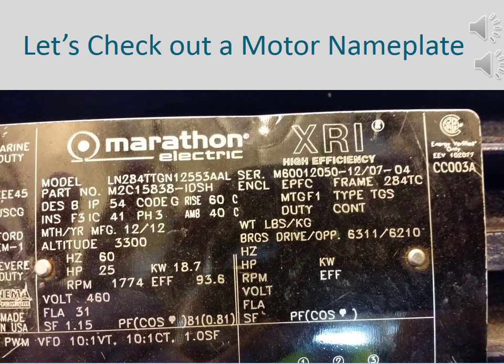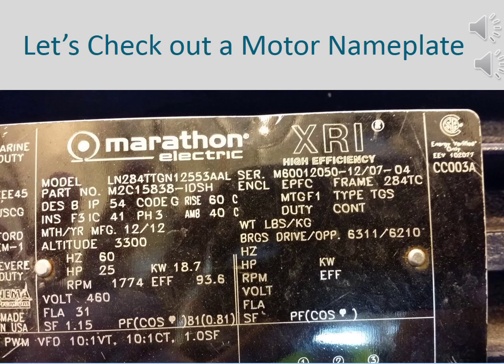The frame designation is important because the frame number ensures the bolt holes align the same, and the shaft size and keyways are the same. Matching the frame numbers ensures that we do not need to make a lot of other changes when changing out a motor. In this case, we can see this is a three-phase motor, 60 Hertz, 25 horsepower that equates to